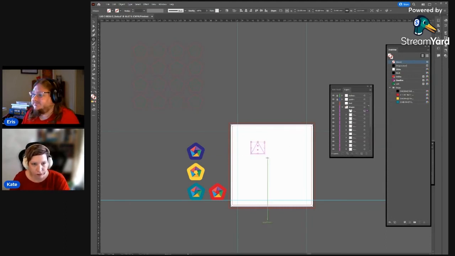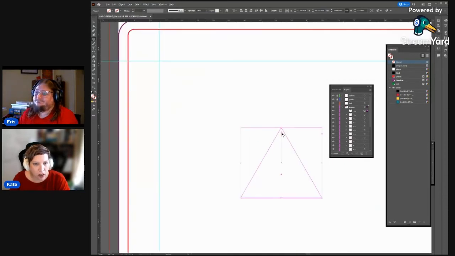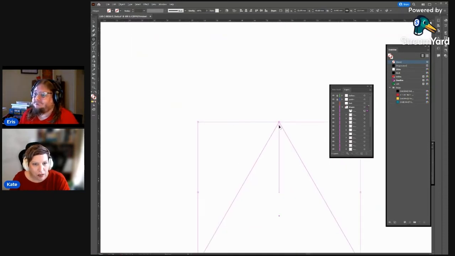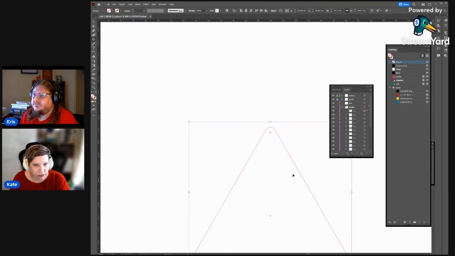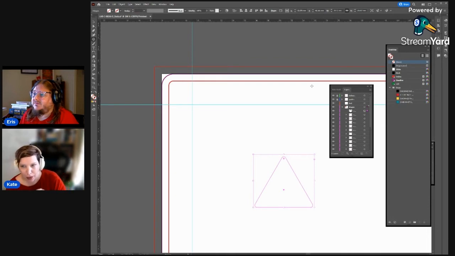Now we're going to round it. So in Illustrator, this little thing here, that's how we round it. It's pretty simple. Some shapes have the ability, I think squares and rectangles do. I had a devil of a time looking for the pentagon options. So when I see that little round dot, that's how you can round your corners.